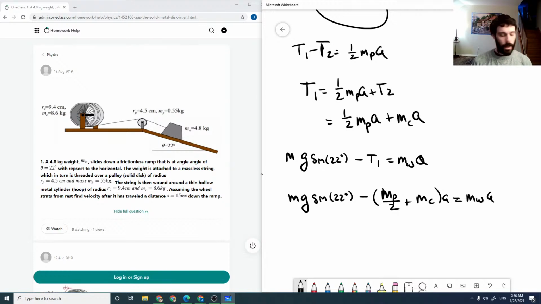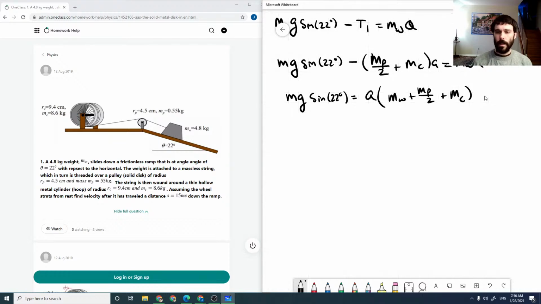Bringing this to the other side, we can say that mg sine of 22 degrees is equal to a times the mass of the weight plus the mass of the pulley over 2 plus the mass of the cylinder. And we could say finally that our acceleration is mg sine of 22 degrees over the mass of the weight plus the mass of the pulley over 2 plus the mass of the cylinder,